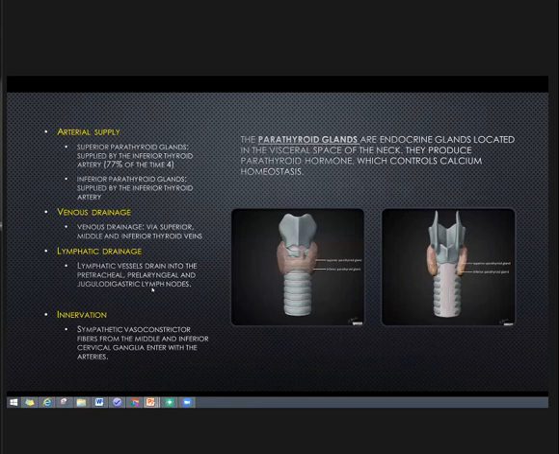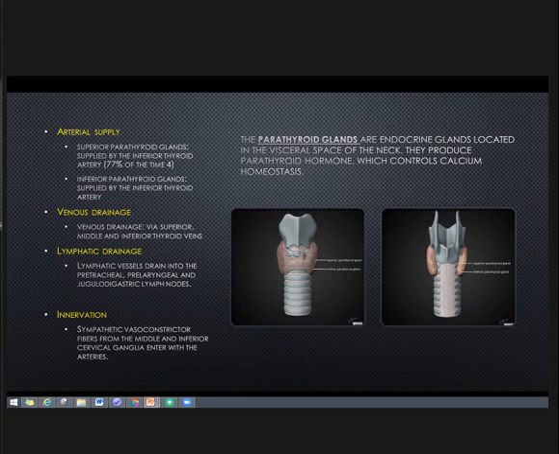So another part of the visceral space is the parathyroid glands. The parathyroid glands are endocrine glands located at the visceral base of the neck. They produce the parathyroid hormone, which controls the calcium homeostasis. So there are two